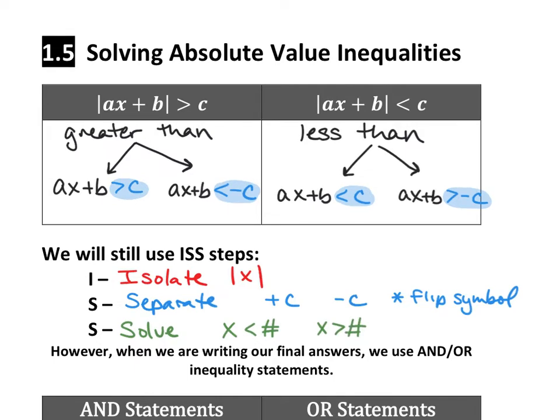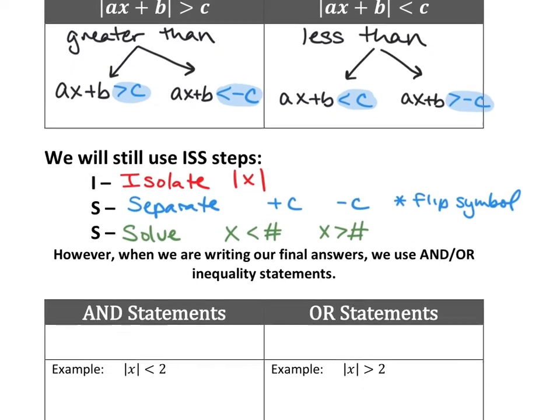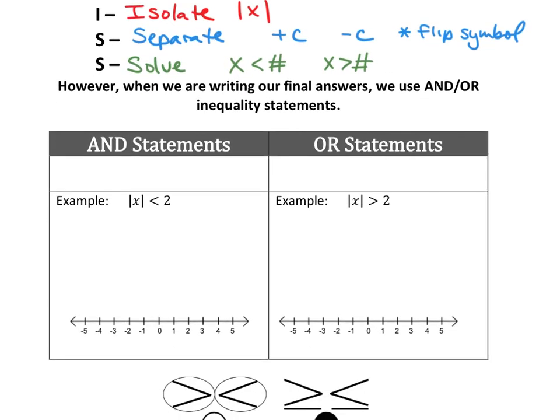So just like before, we had at the end x equals a number, x equals a number. Same sort of thing, however, they are now inequalities since we are solving an inequality. There should be no equal signs in your answers. If you did that, you accidentally just changed the whole problem. We're not doing that. We're doing inequalities. Okay? Since these are inequalities, we are not just finding single number solutions, we're finding entire inequality solutions, which means we're finding and or